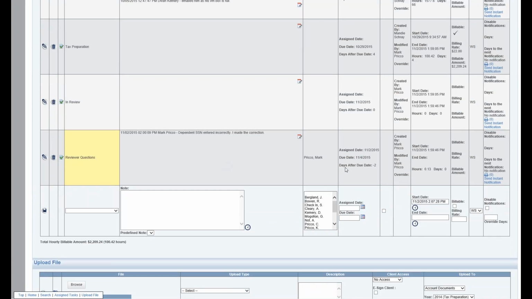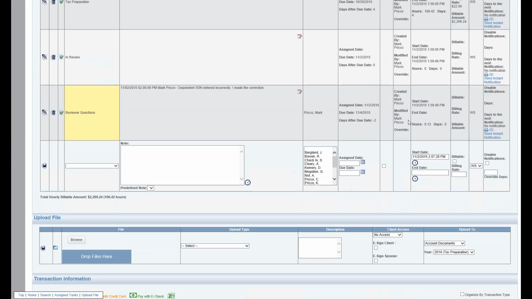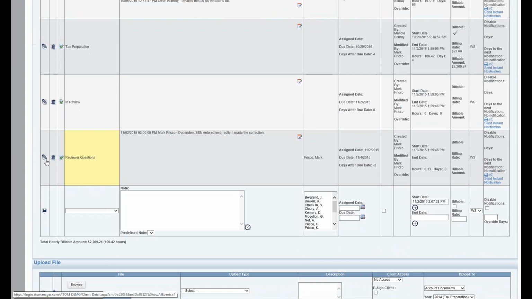As I complete this, if I move it out of here using the status, change it to say EF ready, then it would complete. It will no longer be in. So if I were to come down here, make my note and complete it, it'll no longer be in my assigned tasks. If I am the reviewer, and maybe in this case, I corrected the social security number,